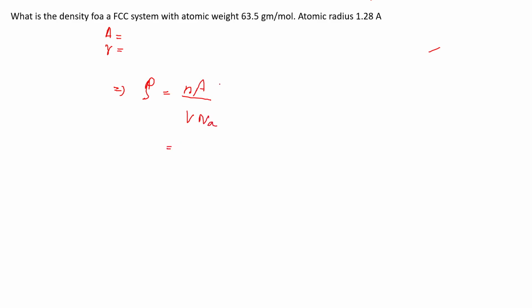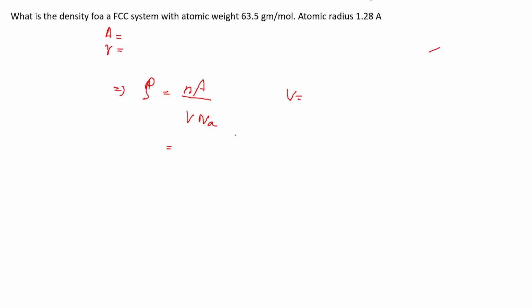Since it is an FCC crystal system, you already know how to calculate the volume. For FCC we have already found the relations, so you have to find it like that. The A value is given, the Avogadro number is known, and for FCC the N value you also know, so you can calculate